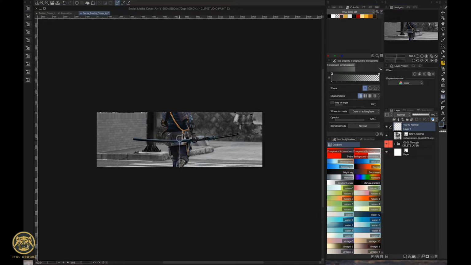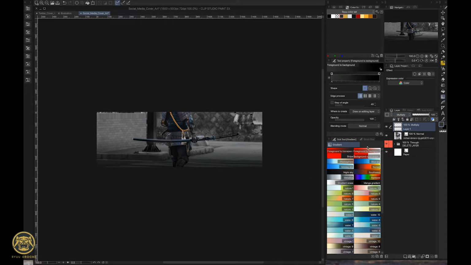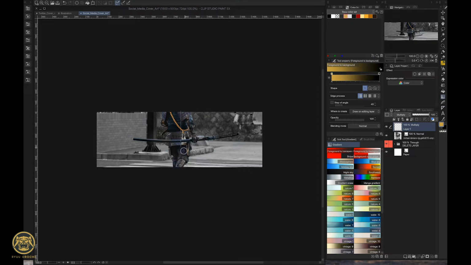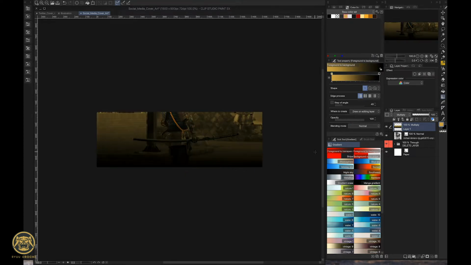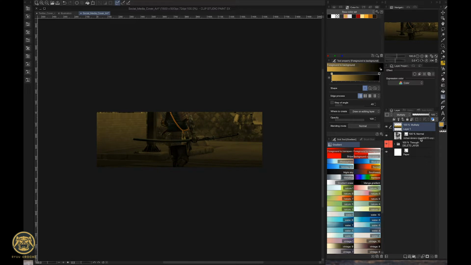And if you hold shift, you can keep a straight gradient. And as you can see, it's really nice, but I'd really like to change it up by selecting multiply. Or you can even be different and select the secondary color, delete that, and have a two-toned gradient. And it really spruces up the mood, so I'll keep going to adjust it the way I want. So I really like that color